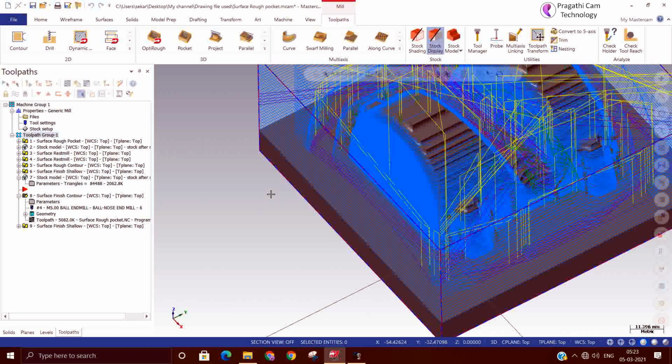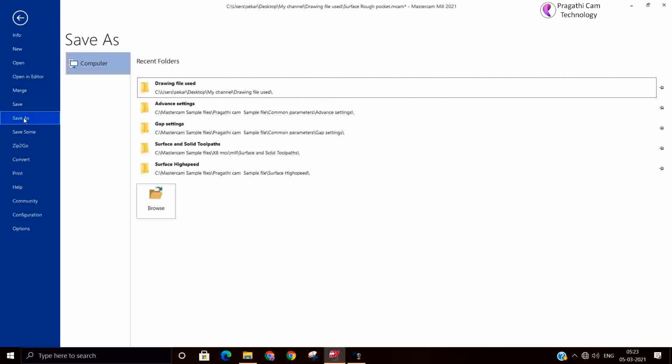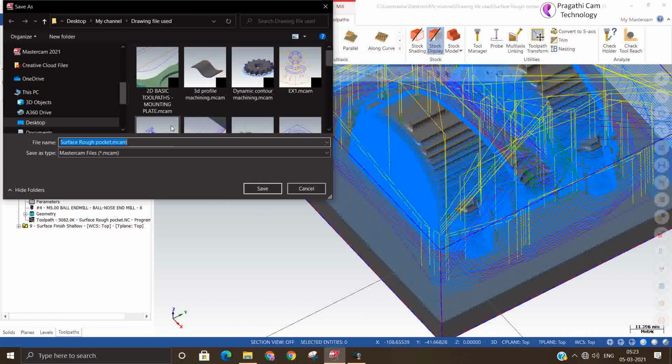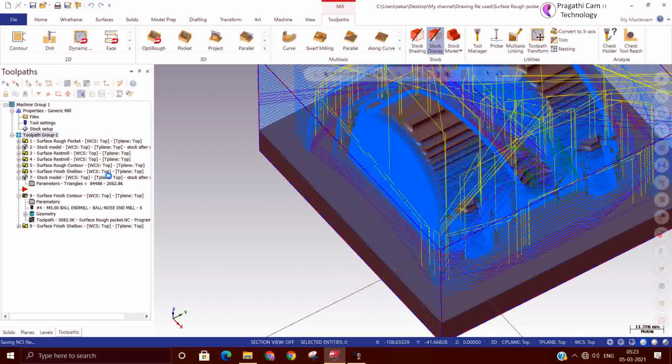I'll give the name high speed. Okay, save. Now we'll remove all other toolpaths here. Okay. Now the job is ready.